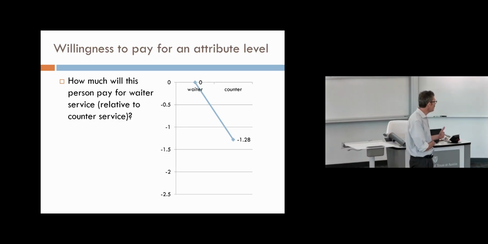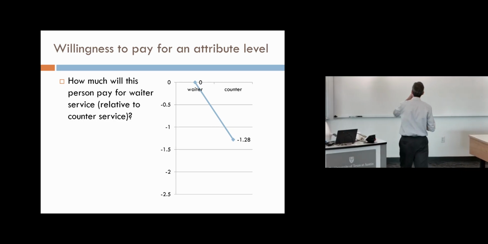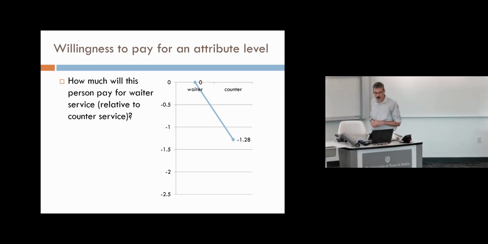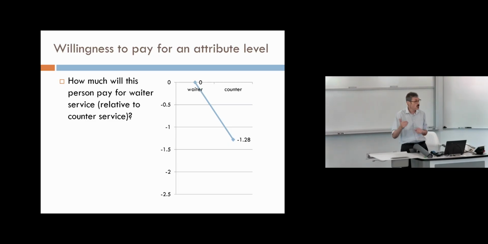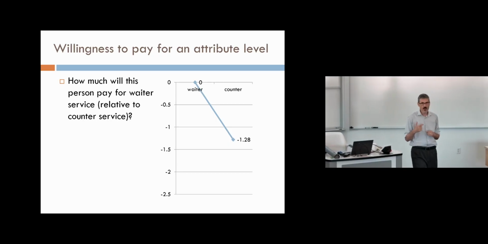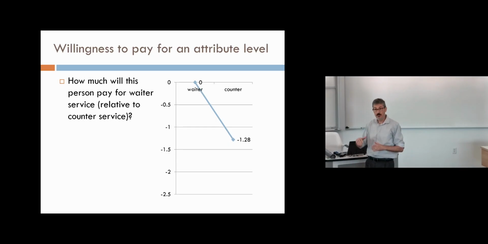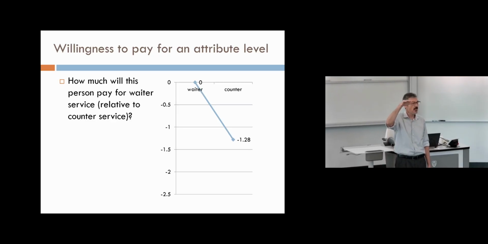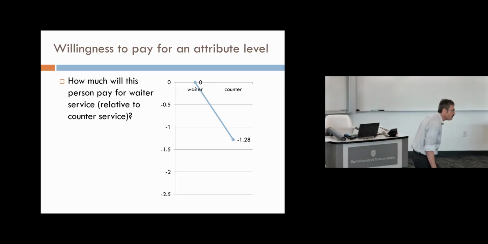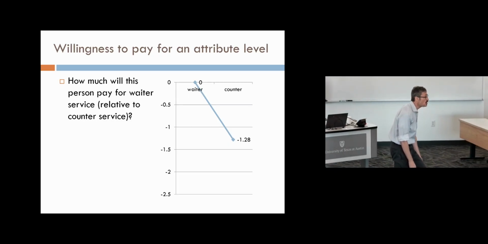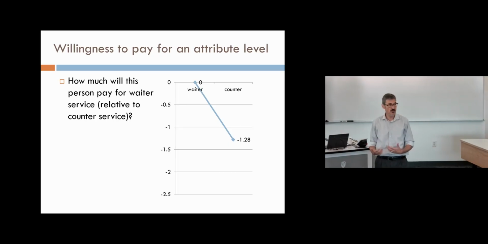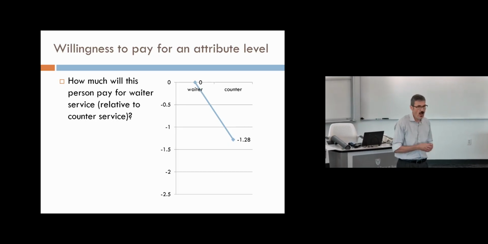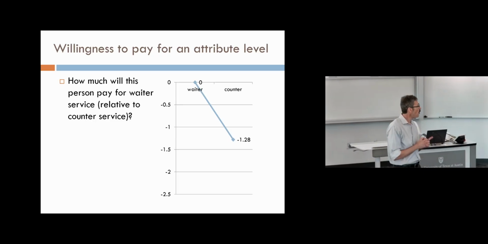And the way in which we would understand what people are willing to pay for this is we do it like this. So here I have information about what the utility is, the utils, the part worth associated with waiter and counter service. So let's imagine that for me, if I go into a restaurant and it's got waiter service, I'm up here, and if it turns out I have to go to a counter and carry my own tray, I'm a little bit less happy, and so I'm 1.28 utils less happy as a result of having counter service relative to waiter service. So how much would I be willing to pay in order to get the kind of service that I want? And so we answer that question by saying, well, how much would I pay for 1.28